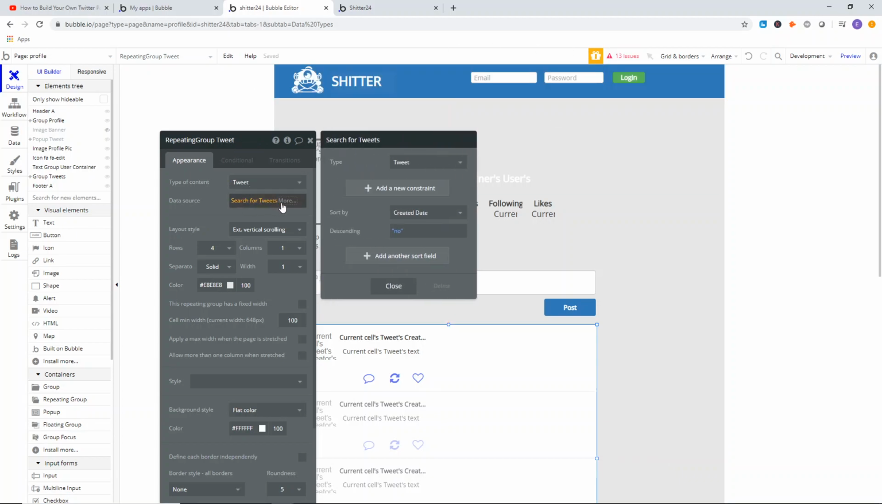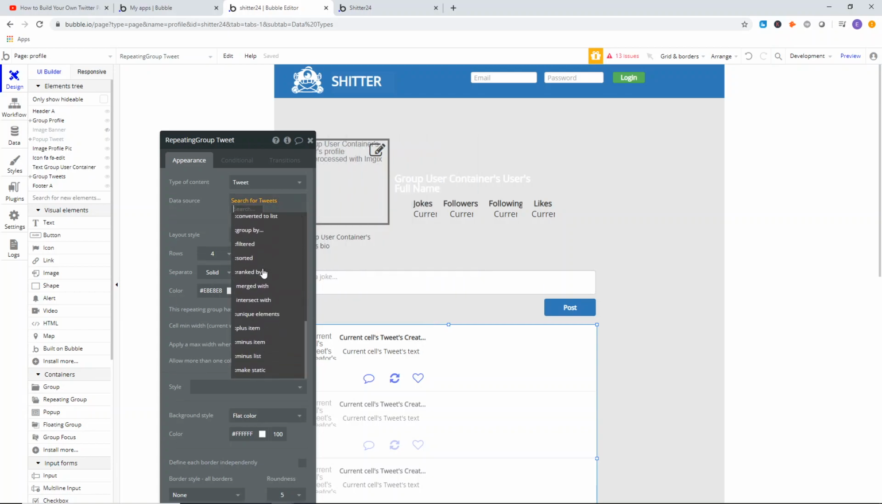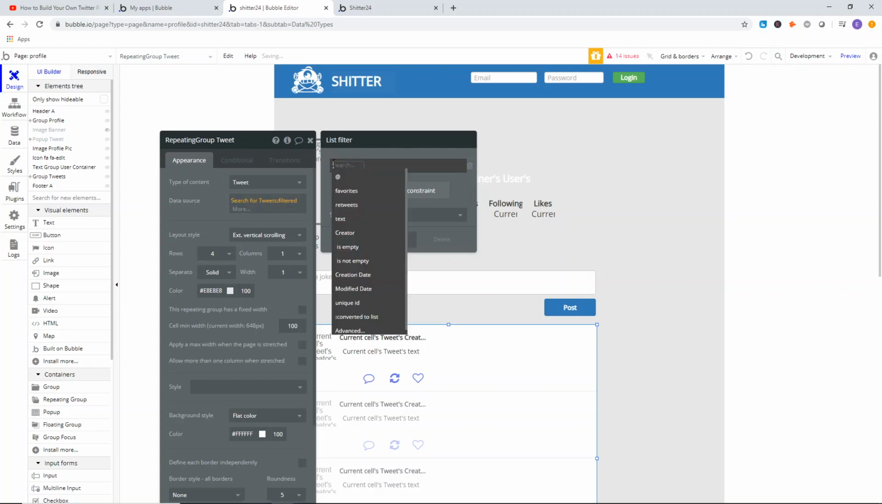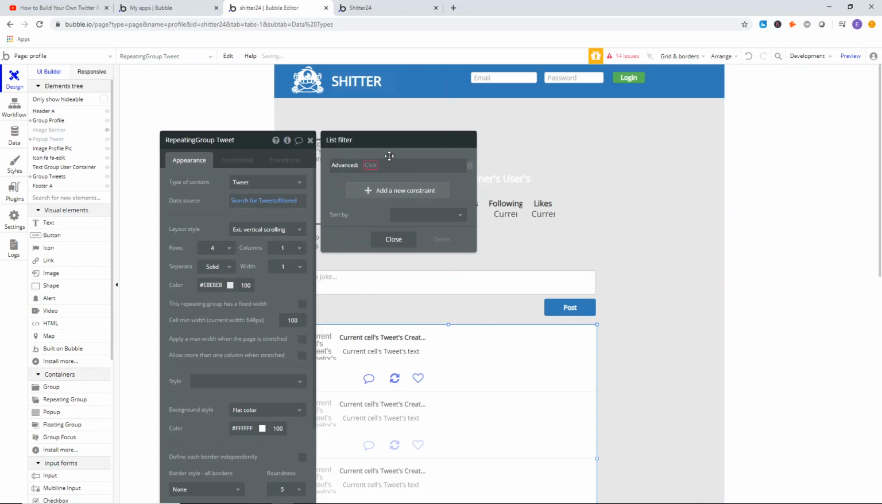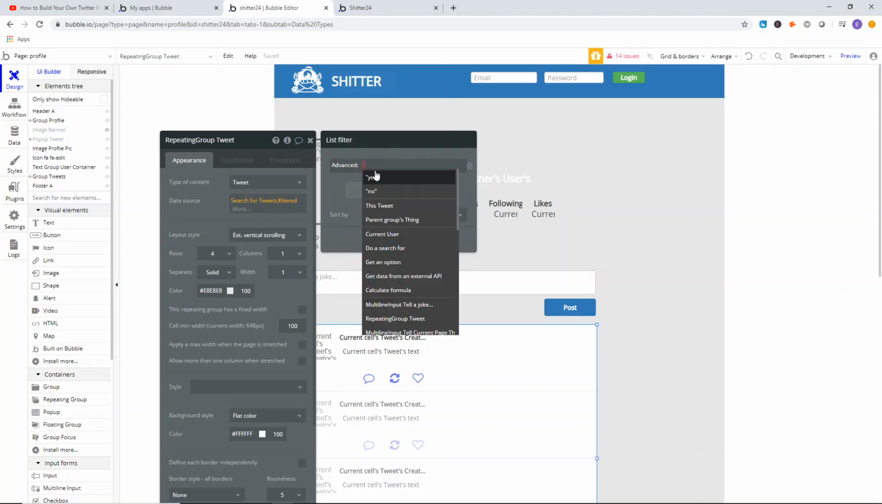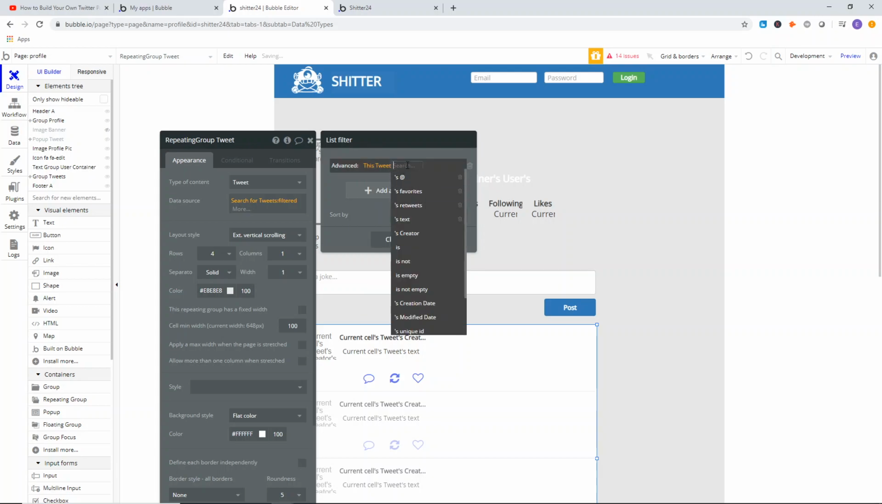First, click on search for tweets, then click on more. Go all the way down to the bottom and go to filtered. Now add a new constraint, and we're going to call this constraint advanced. This is where we're able to give these constraints where we're saying or. The or feature is where we're basically adding these lists together, but we're really just filtering information down with an or. So we're going to say this tweet's at